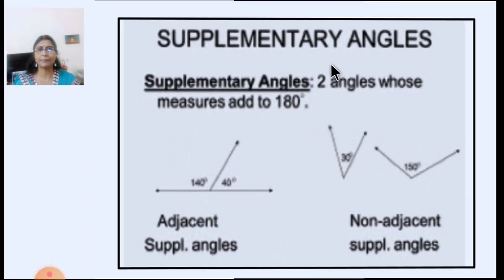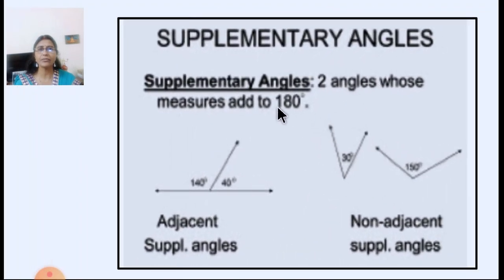Now next is supplementary angles. Two angles whose measures add to 180 degrees. So here you can see 140 degrees and this one is 40 degrees. So these two are adjacent supplementary angles, because when you add these two